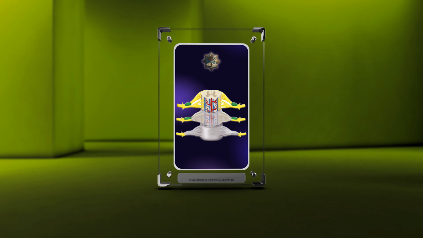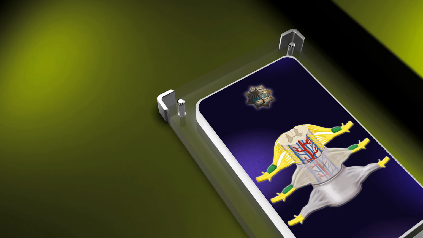Embryology is a fascinating field of study that delves into the intricacies of early human development. It explores the processes by which a single fertilized egg transforms into a complex organism, complete with functional systems and organs. One such system is the nervous system, which plays a vital role in coordinating and regulating our body's functions. In this script, we will embark on a comprehensive journey through the various stages and mechanisms involved in nervous system